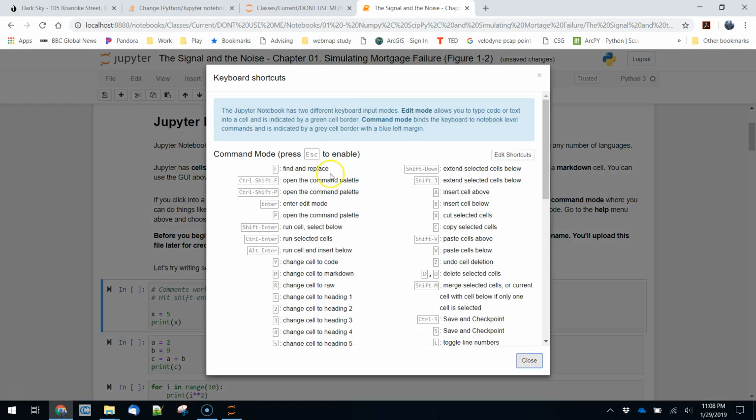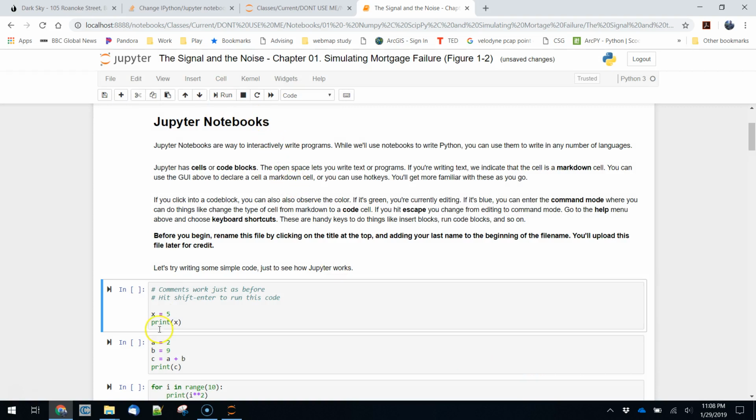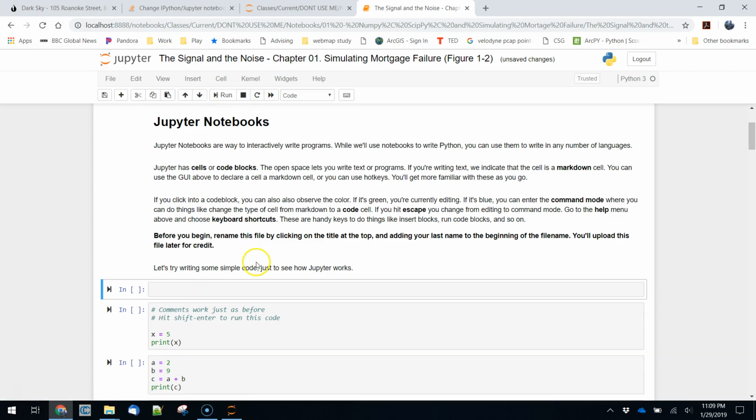You can look at these keyboard shortcuts for ideas. Many of these are on the GUI, the graphical user interface, above here. So, for instance, if we wanted to put a code block above this, we could say insert cell above, and it would do that. We can also use the hotkeys. So the D key is to delete, and you actually have to hit it twice for safety's sake, so you don't accidentally delete a bunch of your code. If I hit D twice and I'm here,